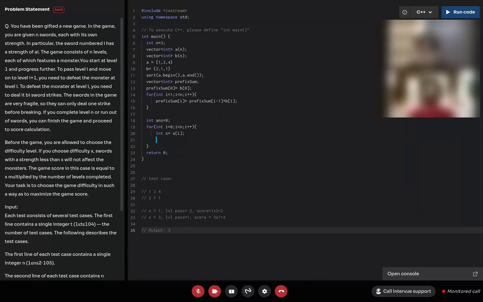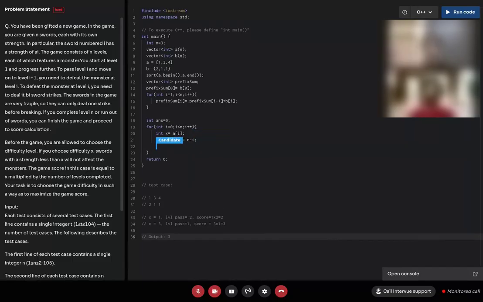Now the usable swords is n minus i, because that's the sorted array and we have chosen X as the minimum of that. Like we are here right now, so I can use these many swords, not these ones.